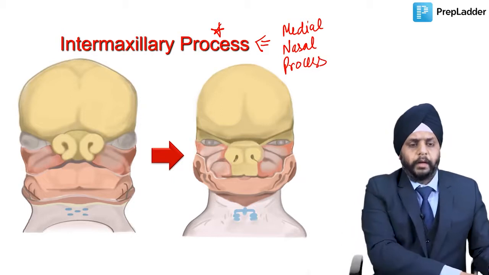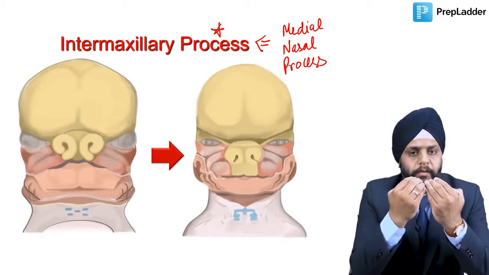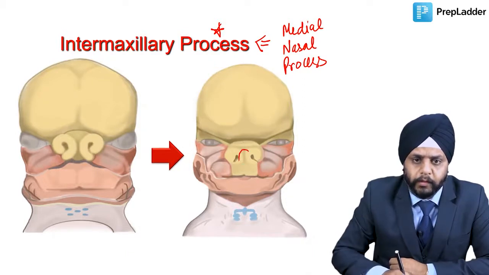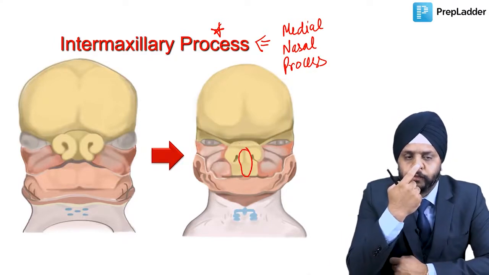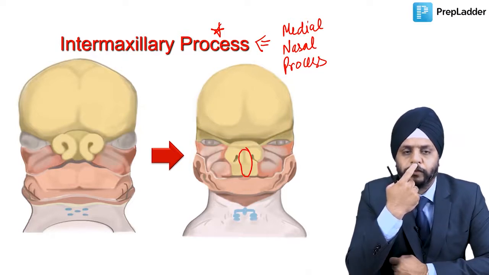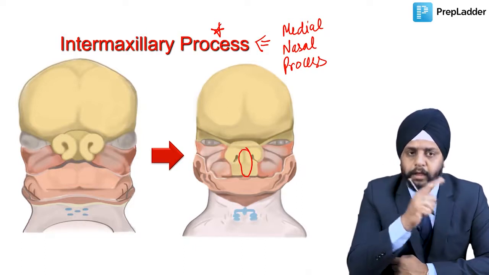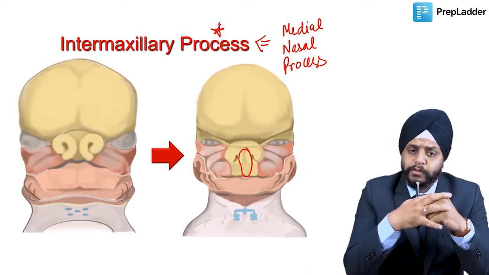Okay, so the two medial nasal processes have come and fused and they form the intermaxillary process. So as you can see in this diagram, what will this intermaxillary process form? What do you see? It forms the tip of nose. As you can see over here, it forms the tip of nose, it forms the columella, the crest of nose, the base of the nose in the center, that's known as columella or crest, and it forms the philtrum, right? So the central part of upper lip, the philtrum, is formed by the intermaxillary process, or you can say the medial nasal process of both sides.